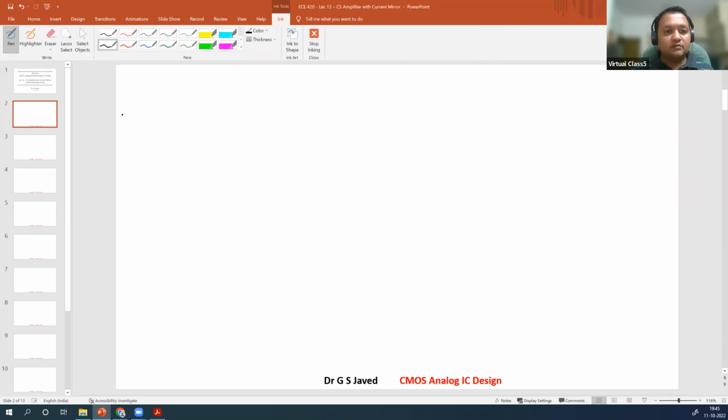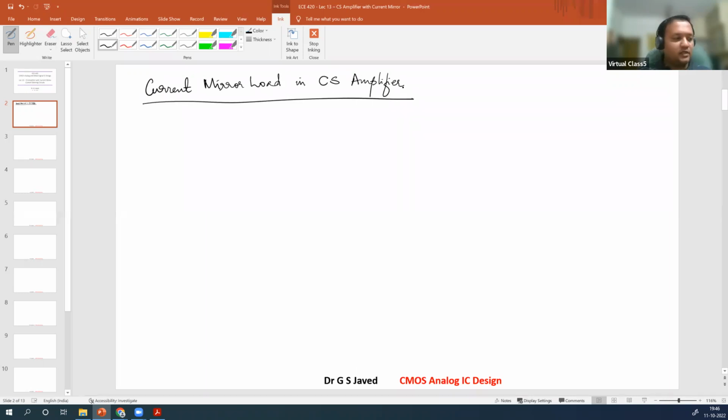So that would be current mirror load in common source amplifier. Right. So till now we were using a current source symbol while we were designing the circuits, and that symbol used to